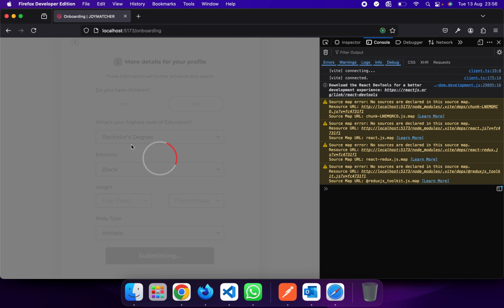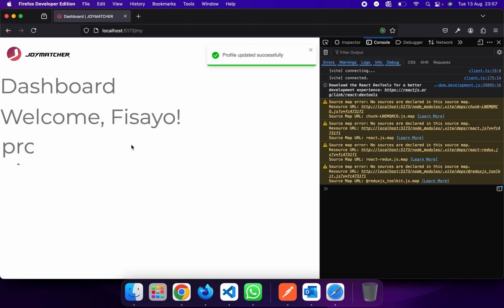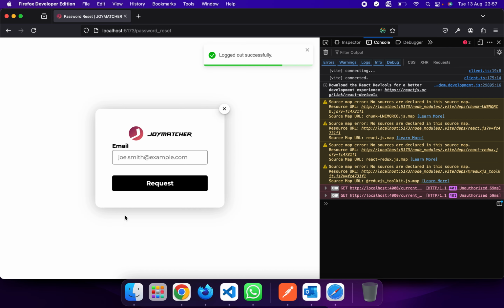Once it's successful, you'll be referred back to the dashboard page, which you can see. The dashboard page is the next implementation I'll be working on. So you can sign out. You can reset your password. In my case,